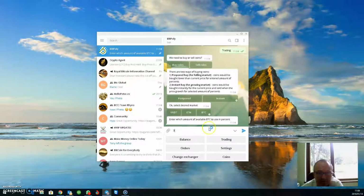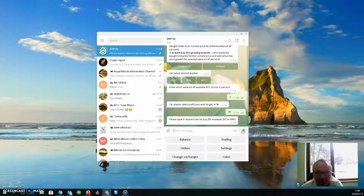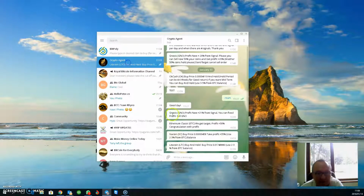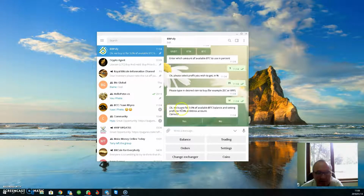So I'm going to say 3%, and choose any value you want of your actual Bitcoin stock. And then the profit that you wish to take, and they recommended 35%, so I put 35% in. And then the actual coin that you wish to buy, and in this case it is SC. It's a coin I've never heard of before, but these guys know best. So you just choose the coin, and then it comes back with a confirmation screen to say that you're going